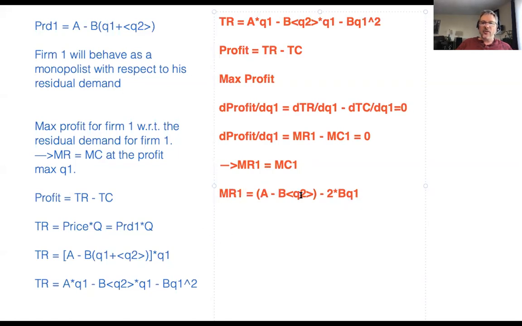So you're going to end up with, and this is again writing the MR1 is equal to MC1. So you guys know you'll be given the equation for MC1, or you'll be able to find it based on the information given. So you'll end up with